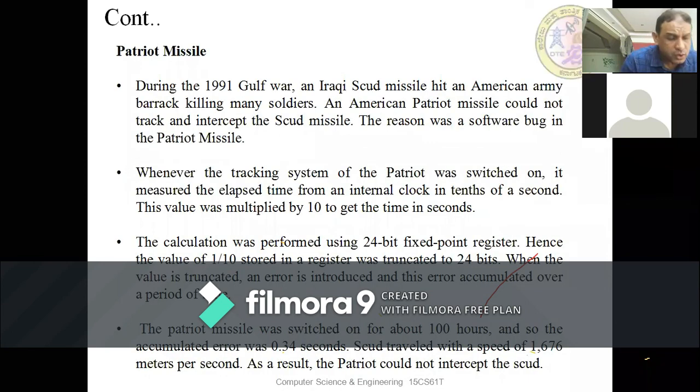Next failure, third one. No, we only have two. So with this, in this session, the two failures we discussed are Ariane 5 and the Patriot missile failure. There are three others also, that is Mars Pathfinder, then the Great Bank Robbery, and the FBI Virtual Case File. Three more failures are there. We shall discuss that in the next classes.